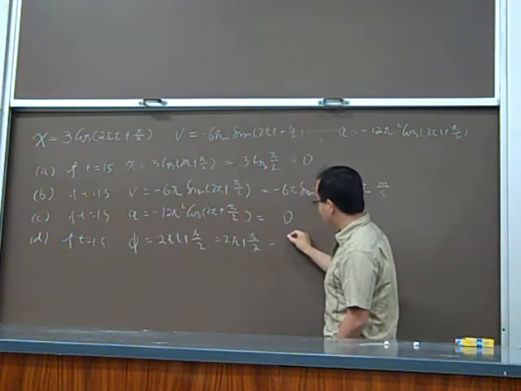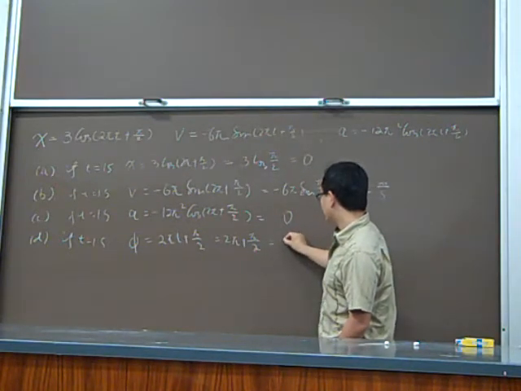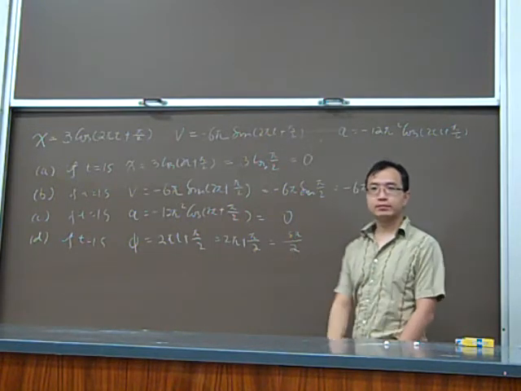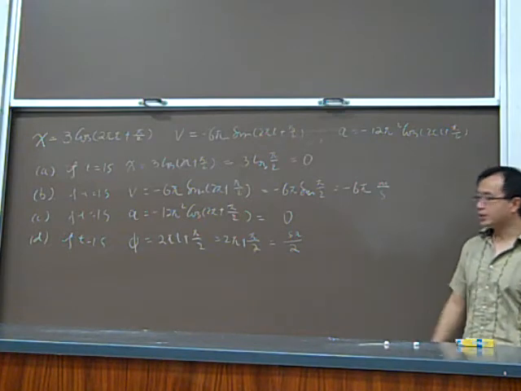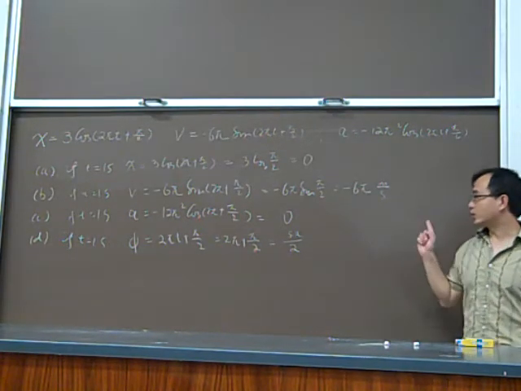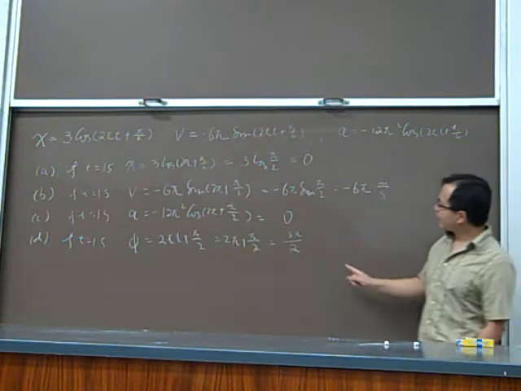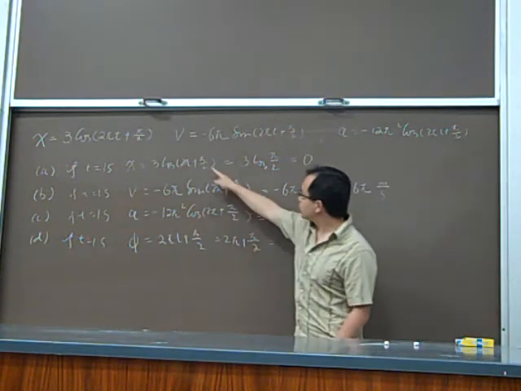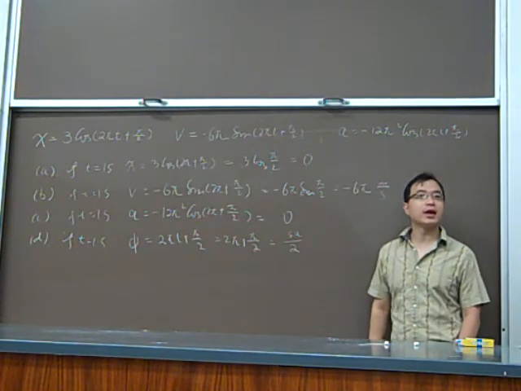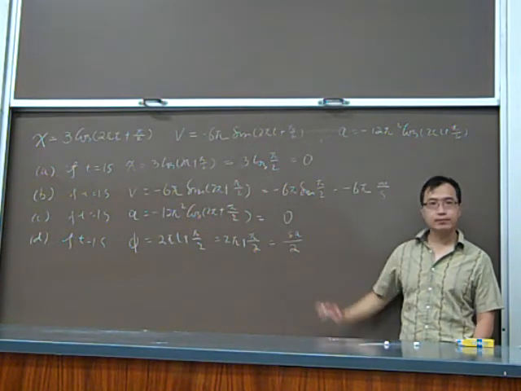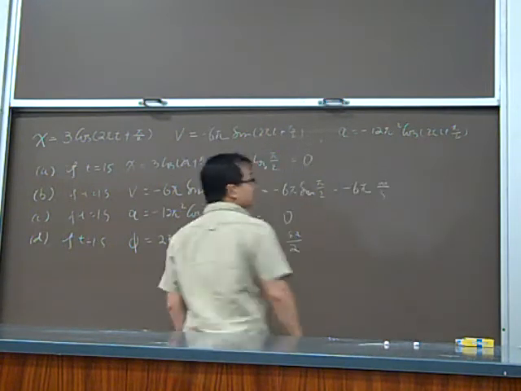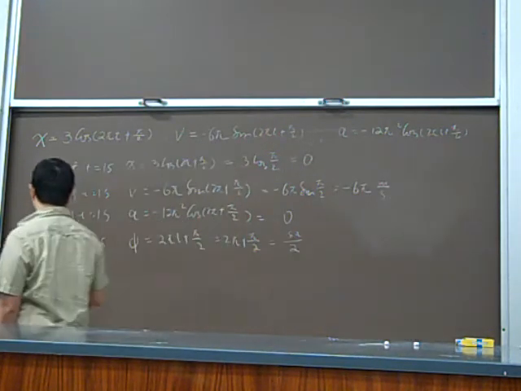So the phase is 5 pi over 2, right? Okay, so this is the phase of the oscillation at that particular time. In fact, it's also the argument used for the cosine or sine function for this calculation. Okay? So you need to know what phase is. Now, for part